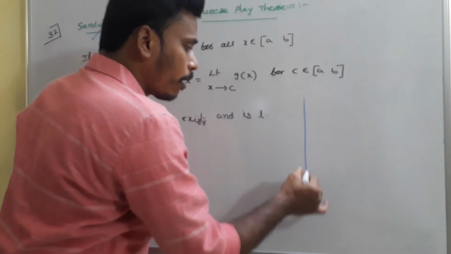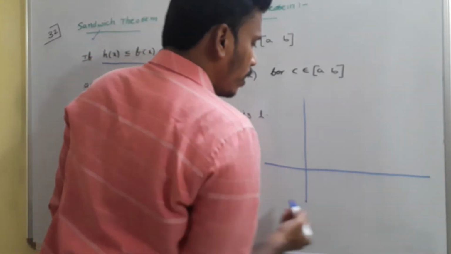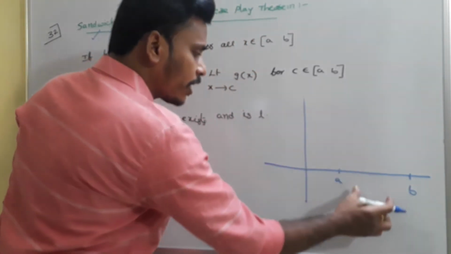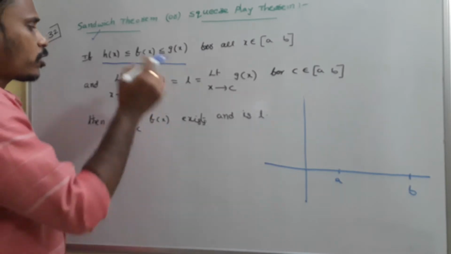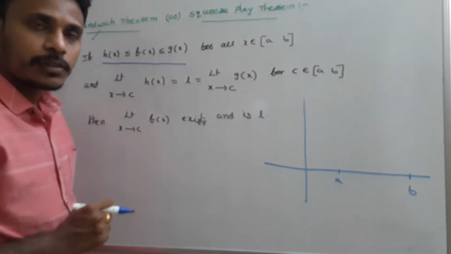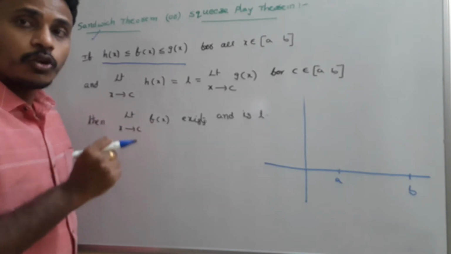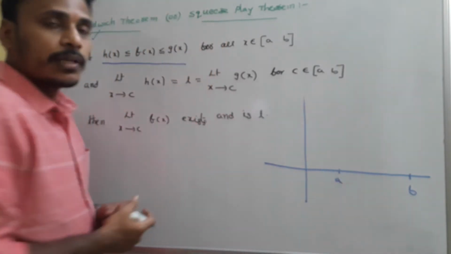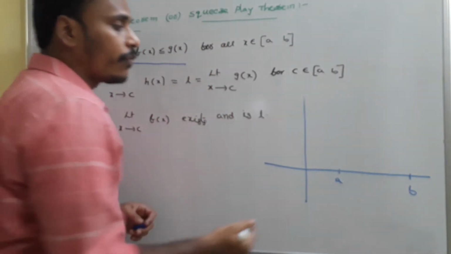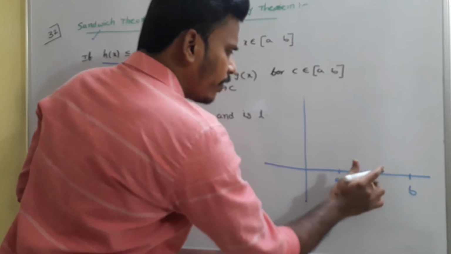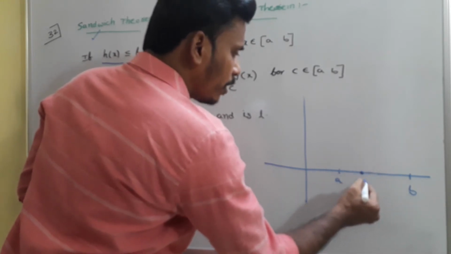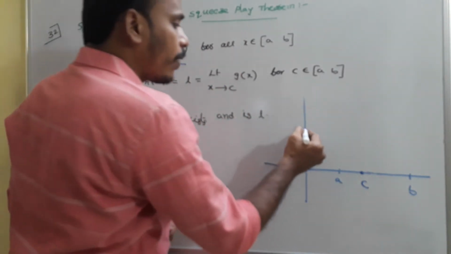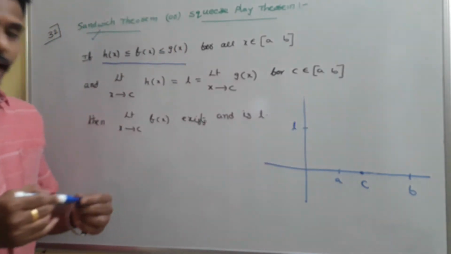So first of all, the problem is completely in the interval a to b. Suppose this is a and this is b, then we need to pay our attention on this interval (a, b). First of all, the first function h(x). We are going to concentrate on the graph of the function h(x) in the interval (a, b). And as they mentioned, c is a point somewhere in between a and b. Take it anywhere, not at exactly the middle, somewhere in between a and b we have c. And the limit value is L, we have L somewhere on this y-axis.